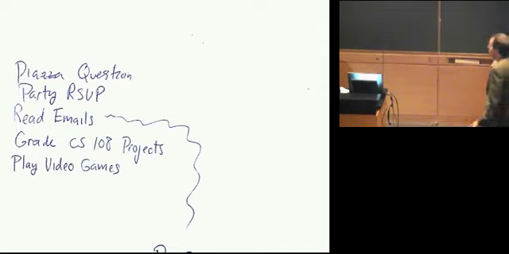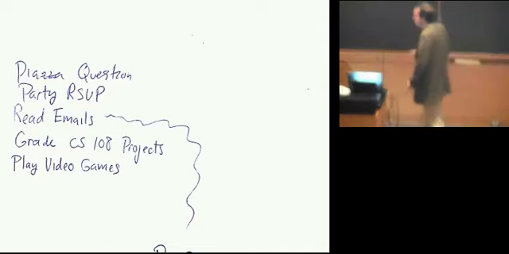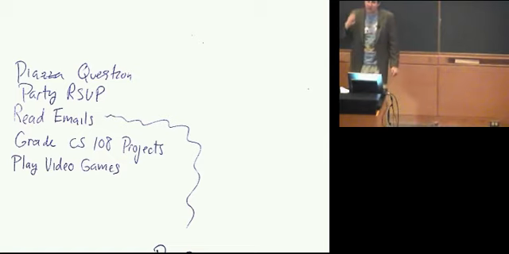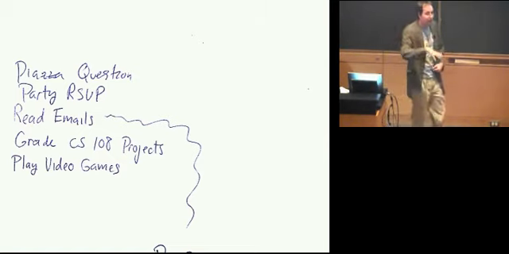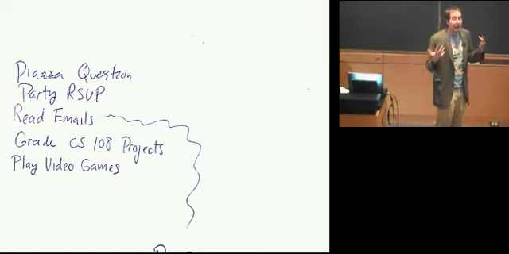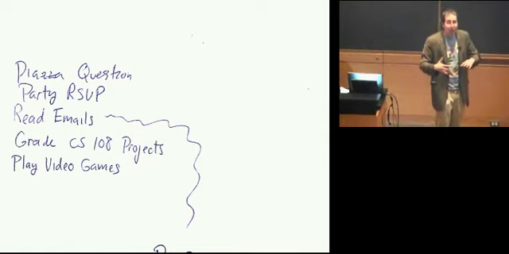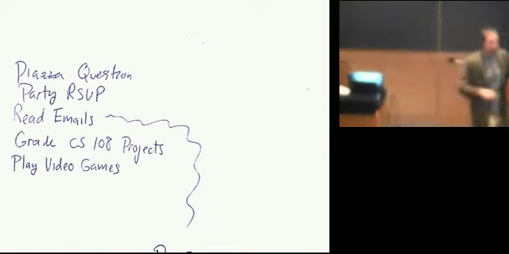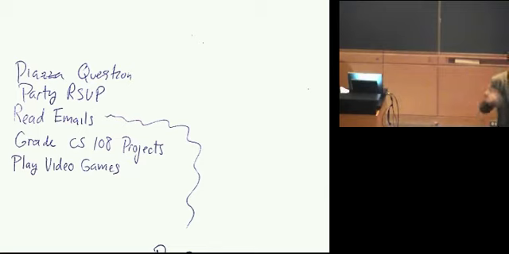Now, there's an alternative to that. When I use my to-do list in this way, where a new task gets added to the front and needs to be dealt with immediately, it's acting like a stack. Subproblems, problems that are discovered within solving some other problem, have to be immediately done before you can finish, usually, the other problem. So if I don't consider myself done reading my emails till I've answered this Piazza question, then I'm thinking of my